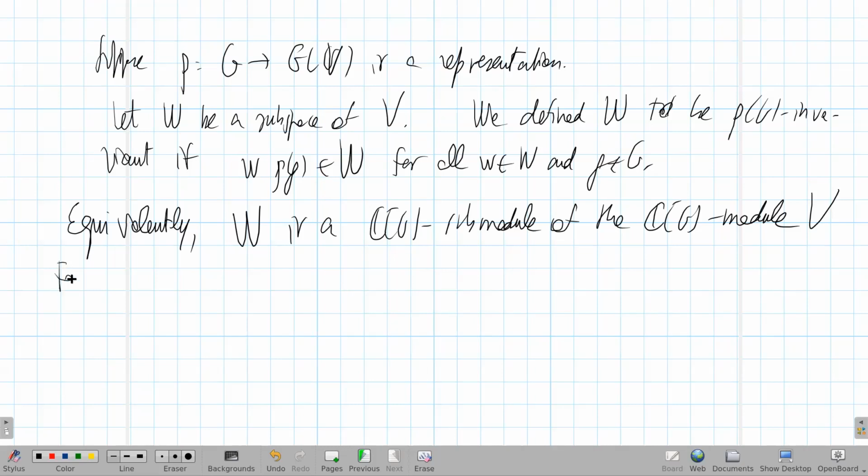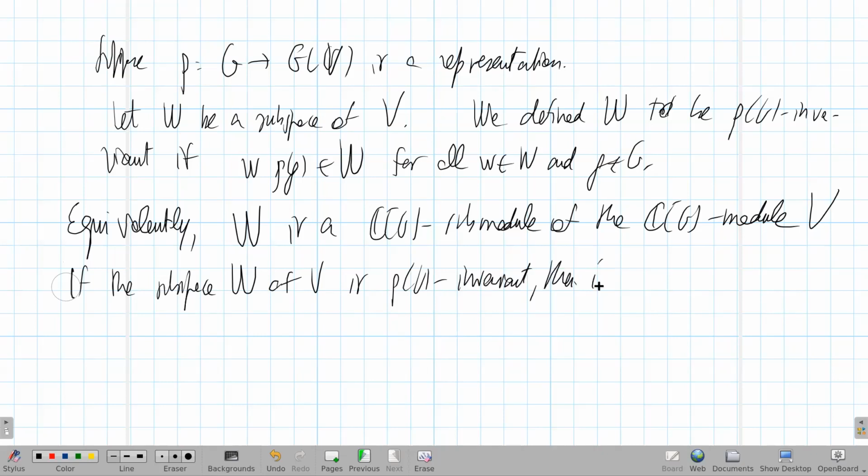for W to be a submodule, well, no, let's do it in the other direction. And I'll leave some details to you. If the subspace W of V is rho(G) invariant, then it is a submodule. In this sense, a CG submodule of the CG module V. How do you prove this? Well, you take